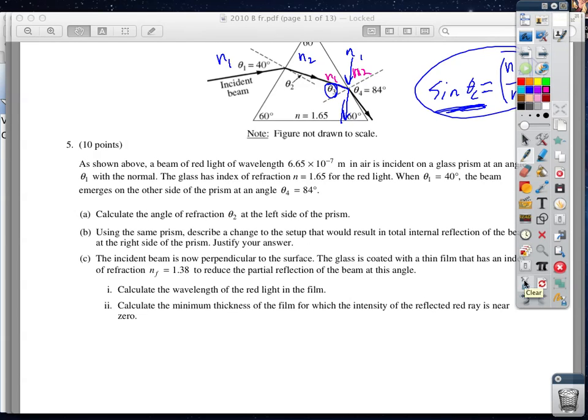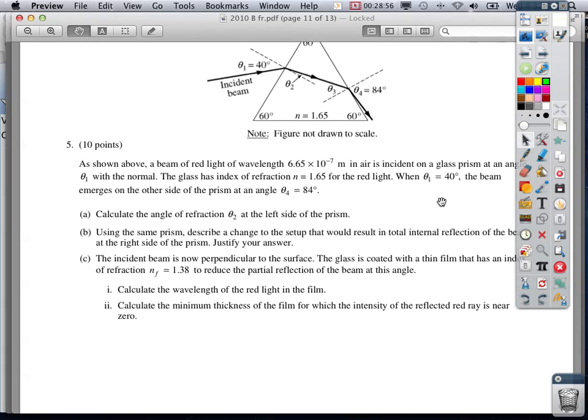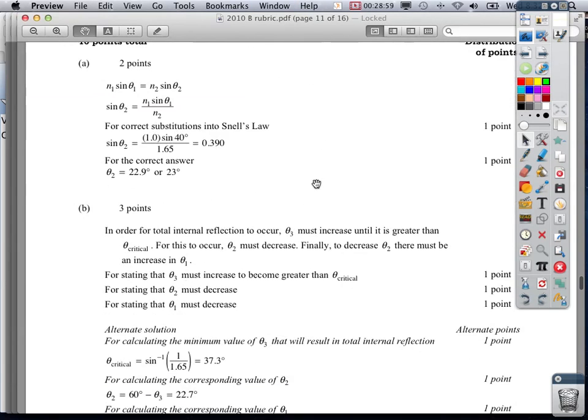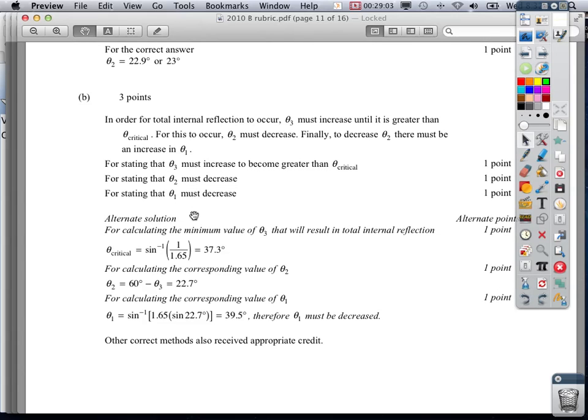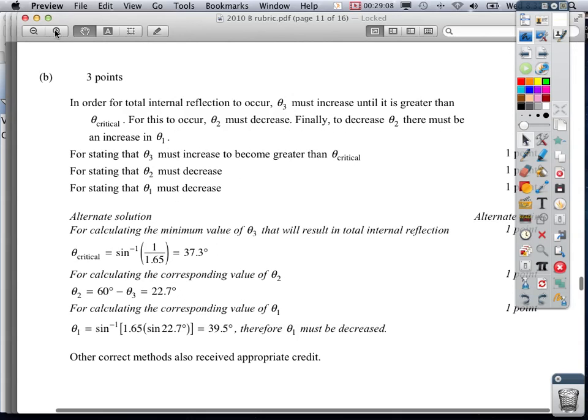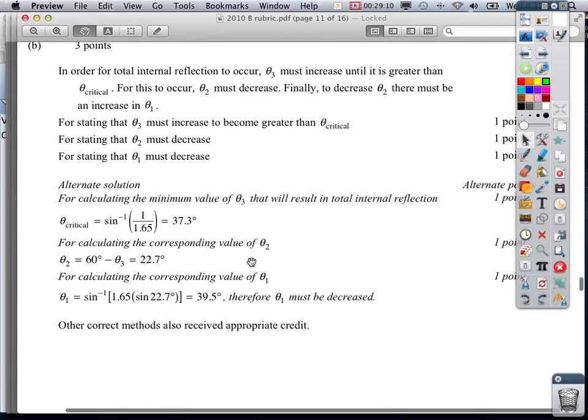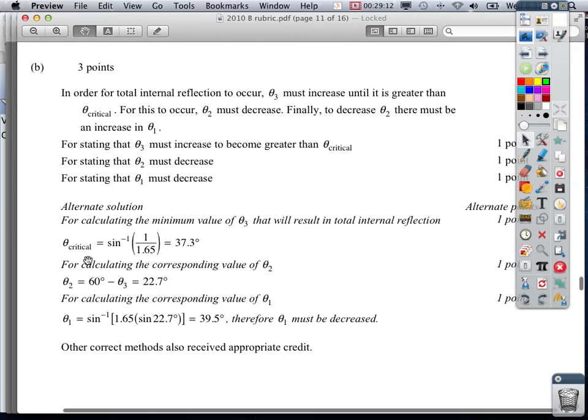Let me see if they wanted actual measurements. I don't think so, because it's just a justify. Although you could justify through numbers. Yeah, okay, see? So you could do it either way. You could argue it both ways. So here you can see they did this just by words. They said in order for that to occur, theta 3 must increase until it's theta critical or bigger. And then in order for that to happen, whatever must